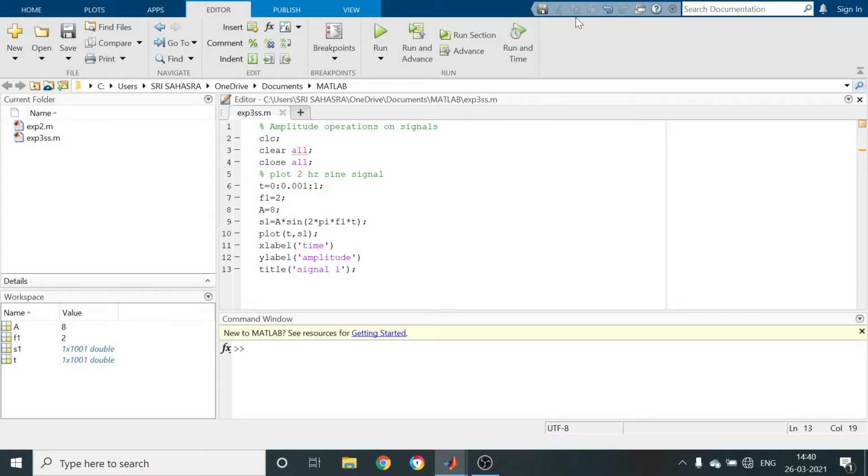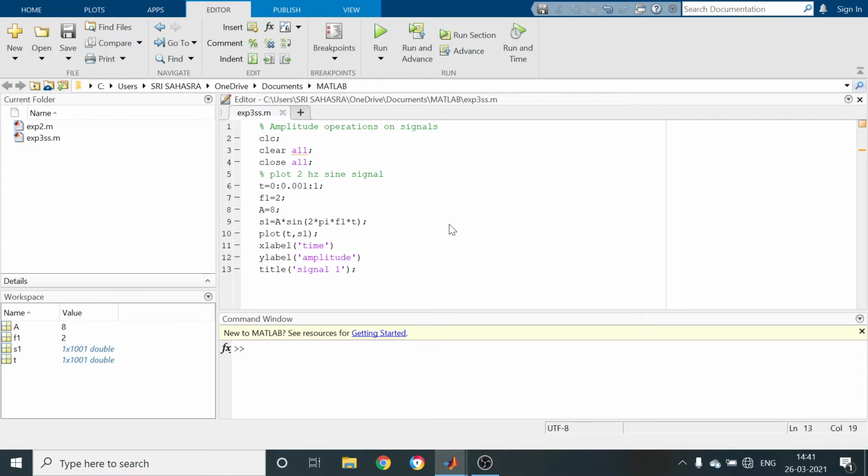So here we are going to get what? I didn't use the subplot command, I just want to plot the sinusoidal signal 1 at a time. It is in a figure. On the x label is time, y label is amplitude, whereas the title is given as signal 1. Amplitude we gave as what? Maximum amplitude is 8, so minimum amplitude is minus 8. So what is the peak to peak value? 16 volts.